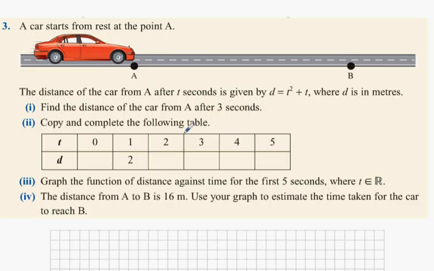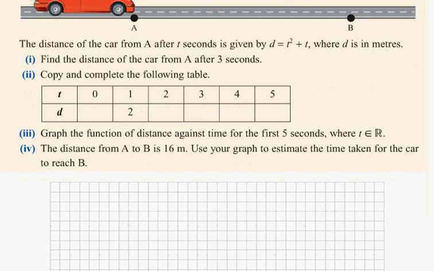Well, if I complete the following table, I'll automatically find out how far away it was after 3 seconds. That makes sense? Now, here's how you do it without using the calculator. What you do is you say d equals t squared plus t. You can say d1, which is the distance after 1 second, is 1 squared plus 1, which equals 2. Okay, you can also say d0. What's d0, guys? Distance after 0 seconds is going to be